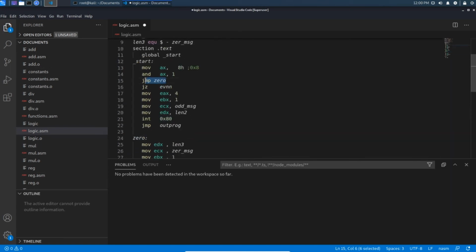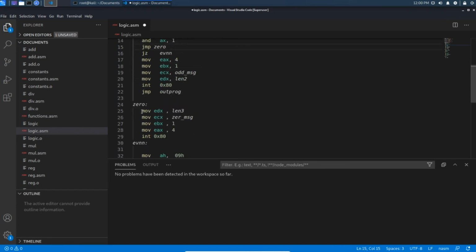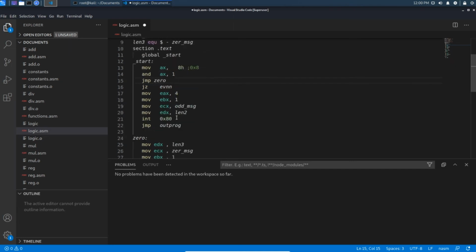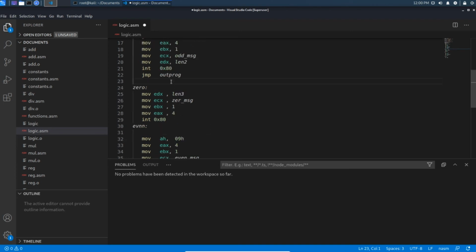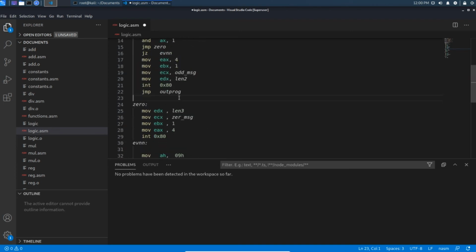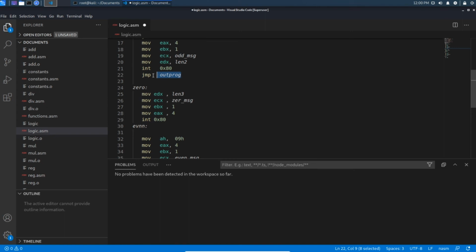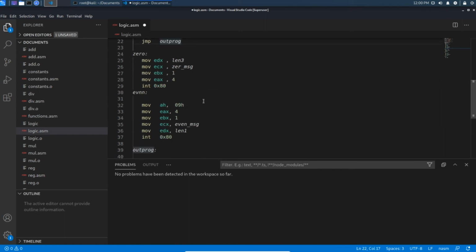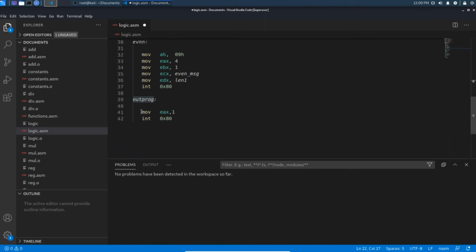That is the functionality of JMP. Here the condition will not be checked. Even if the condition is true or false, the zero function will get executed and our message will get printed on the monitor. See here, you can see this out_program function.